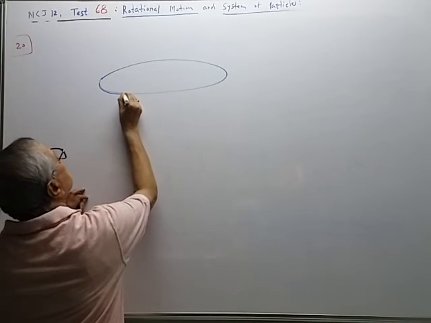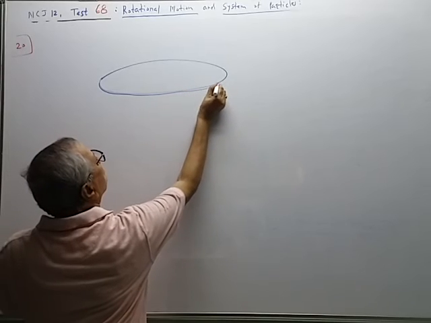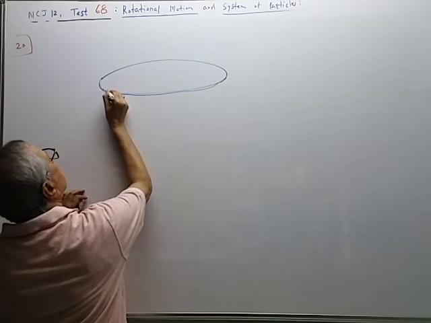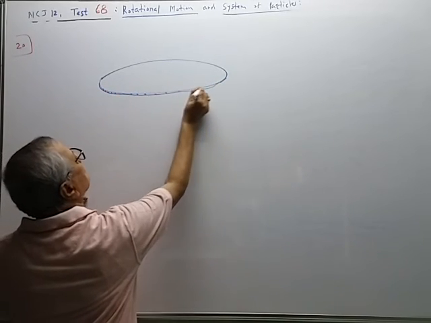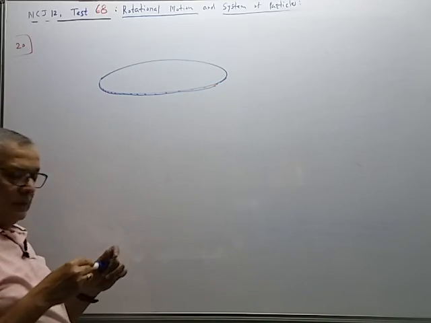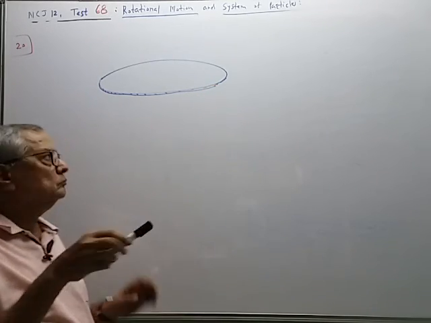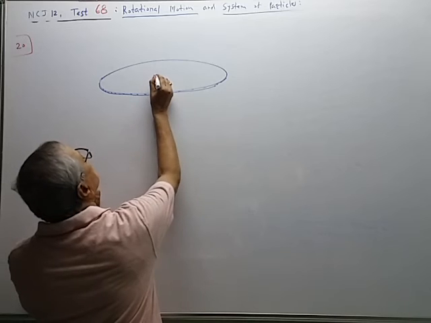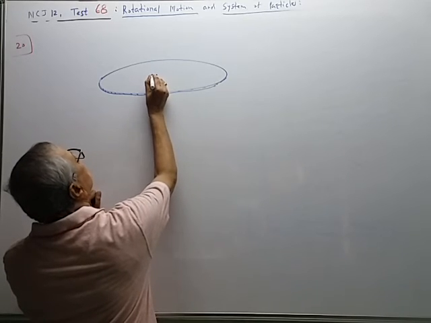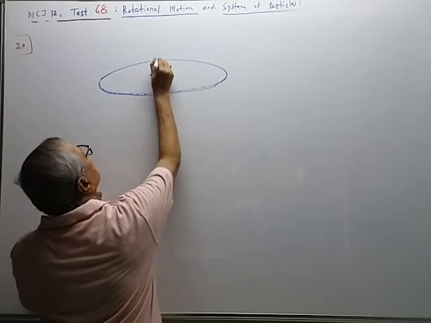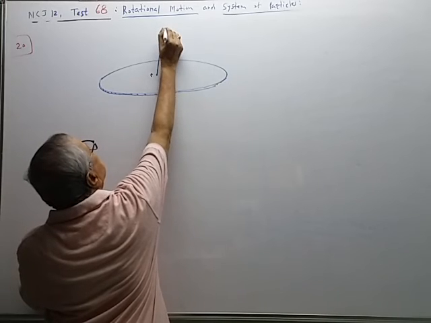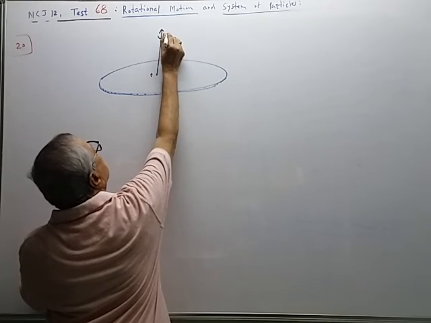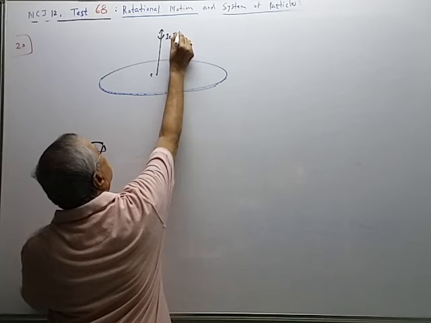Suppose this is a disc of radius r. This is the central axis. About this axis, the moment of inertia IC is equal to m